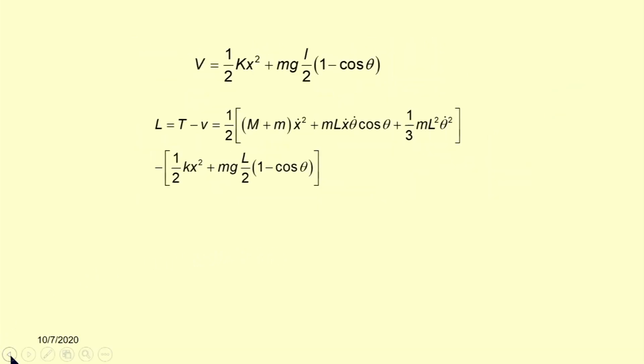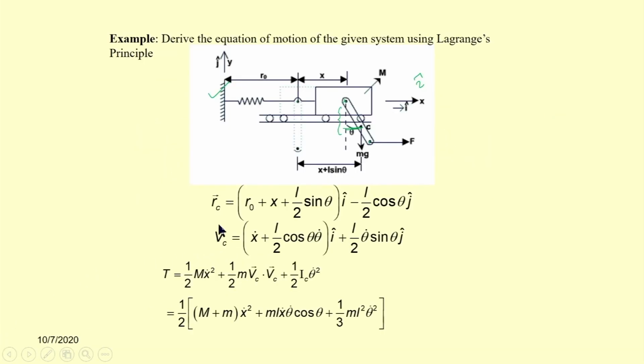For the kinetic energy, now differentiating this term for the velocity: the differentiation of r0 equals 0, the differentiation of x equals x dot, then L by 2 sin theta gives L by 2 cos theta into theta dot i, plus the cos theta term gives L by 2 theta dot sin theta j. Then the kinetic energy due to translation of the mass